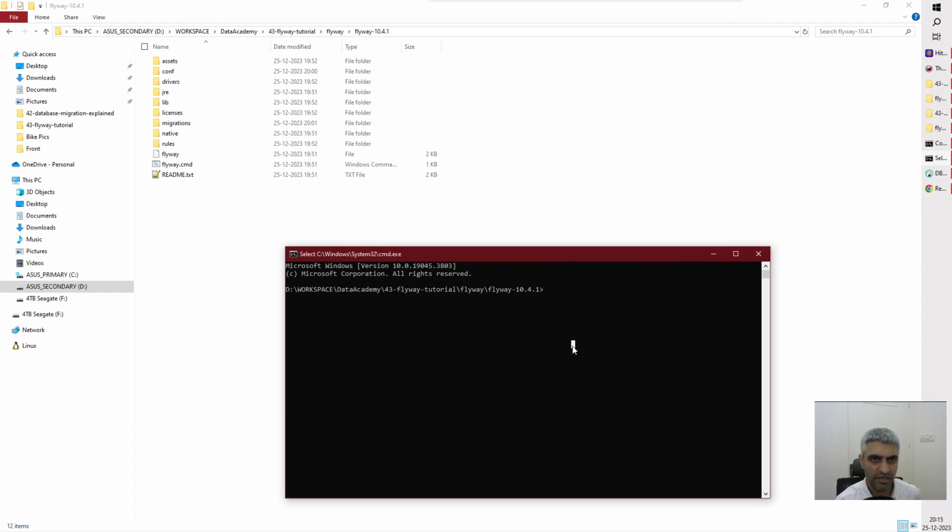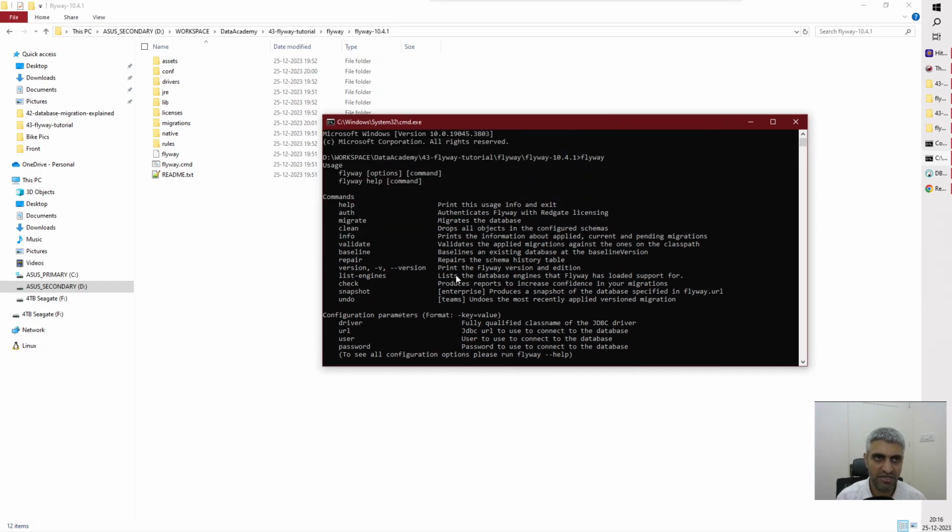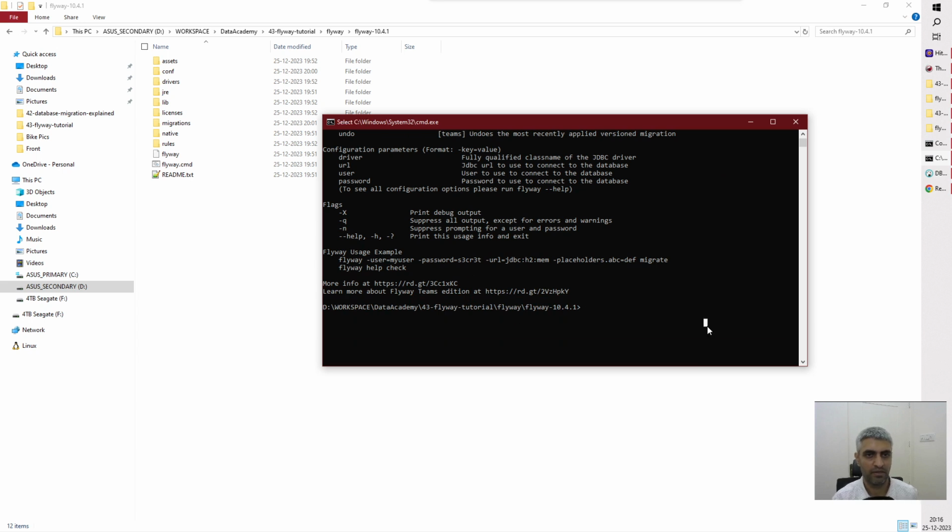And I'll just say flyway, hit enter. So now it should validate if the executable is indeed available, right? As you can see, it prints a message saying you didn't give all the parameters that are needed for running Flyway. So now we'll give flyway info